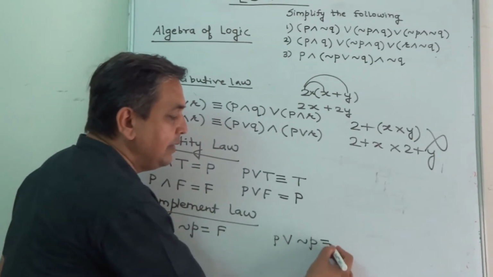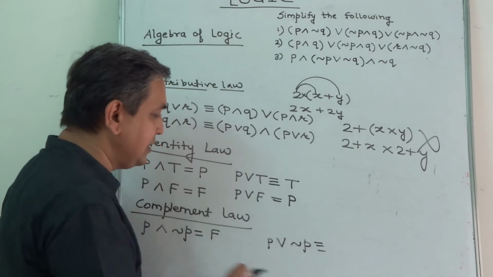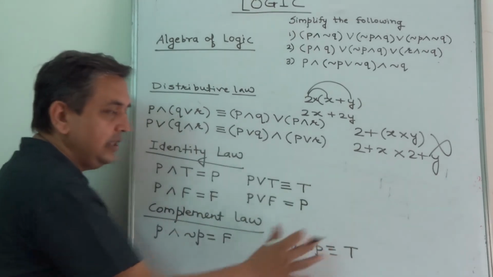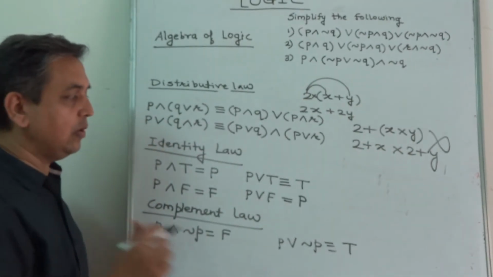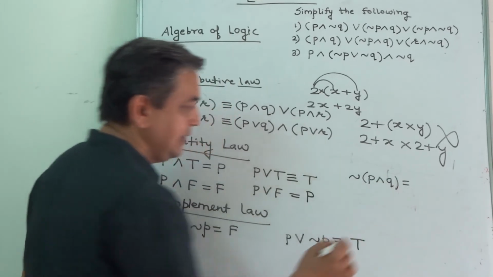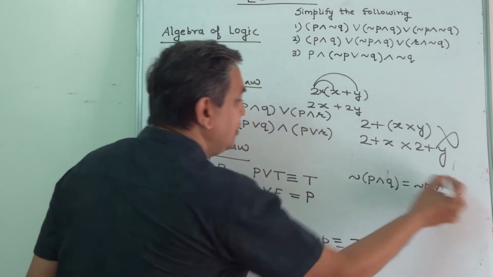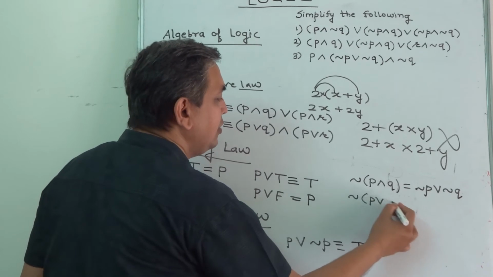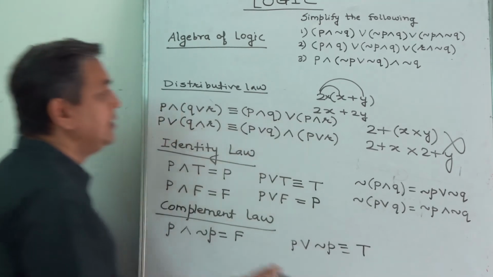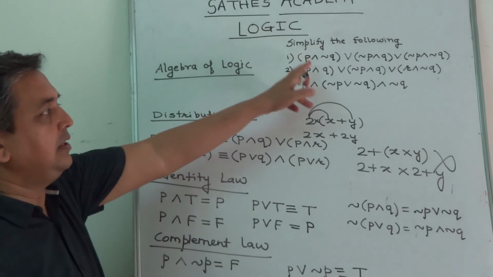And here one statement is true, then the other statement is false, one true and the other false, then OR is definitely true. So we have to learn these three laws, plus we know laws of negation, that is negation of P and Q. What is this? Negation P or negation Q, and we know negation of P or Q. This is negation P and negation Q. So if we know these many properties, we can simplify these problems.